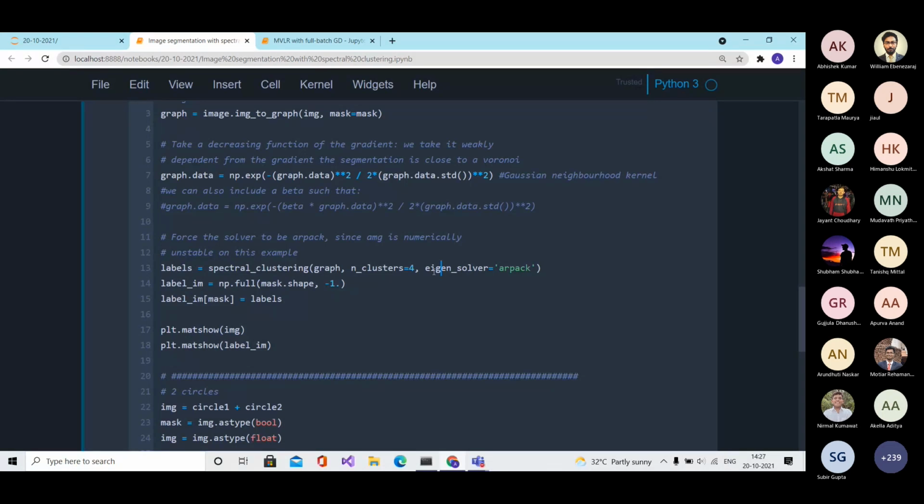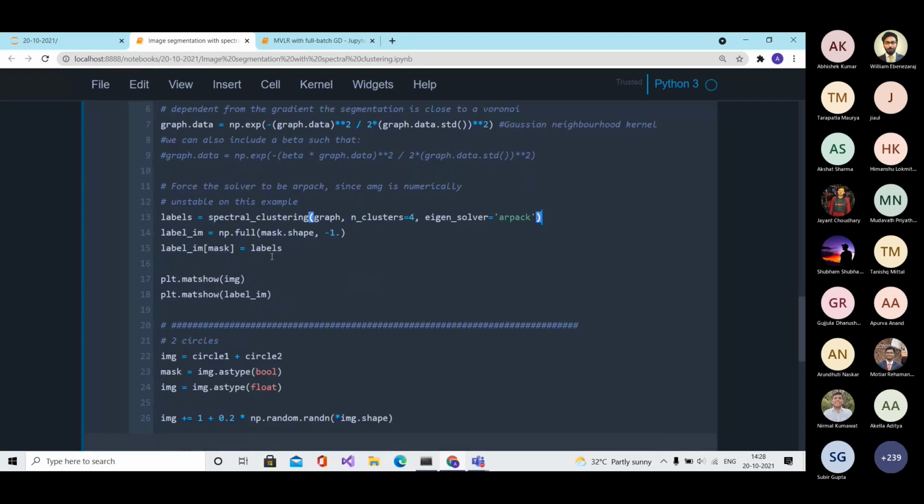One of them is what type of eigensolver you want, and there is a default eigensolver parameter that sklearn has. Once you pass these parameters to the spectral clustering function, you will get the cluster labels, and then you just need to mark which pixel belongs to which cluster.